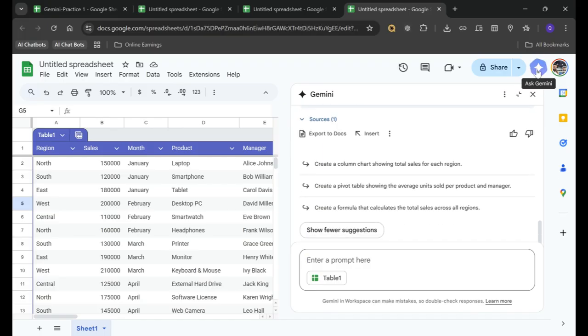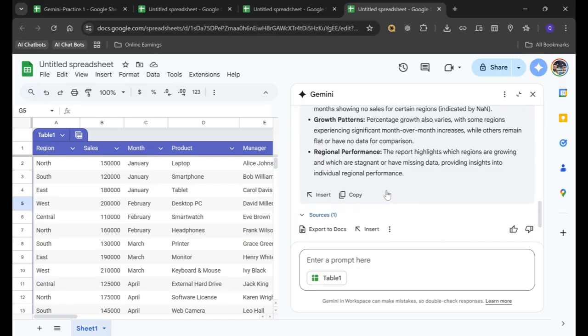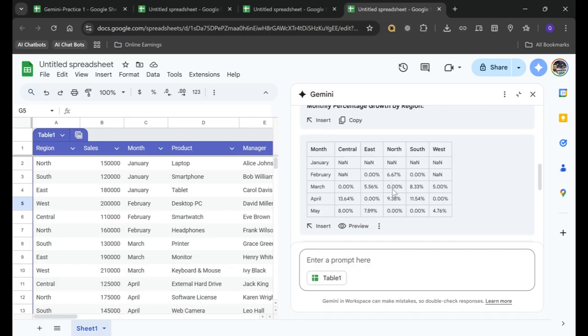So now you know that it's calculating the correct calculation based on this data. January central region, east, north, south. February